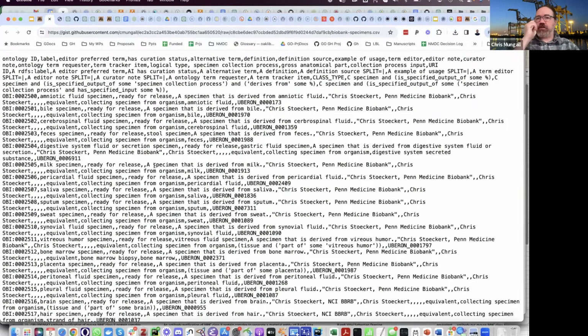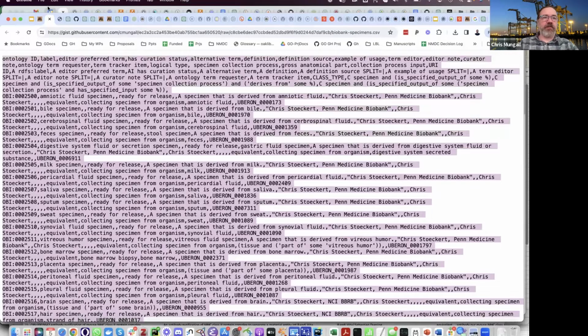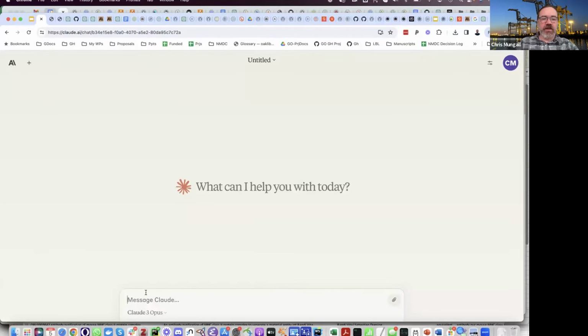This time I'm going to use just the raw CSV, a different CSV from OBI biobank specimens. I'm not going to use a modified version with a deliberate error or anything like that. I'm just going to use the one that exists right now in the OBI repo, and I'm just going to paste this right in, but I'm going to say